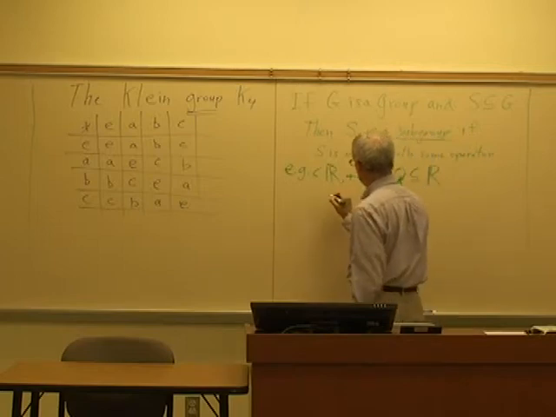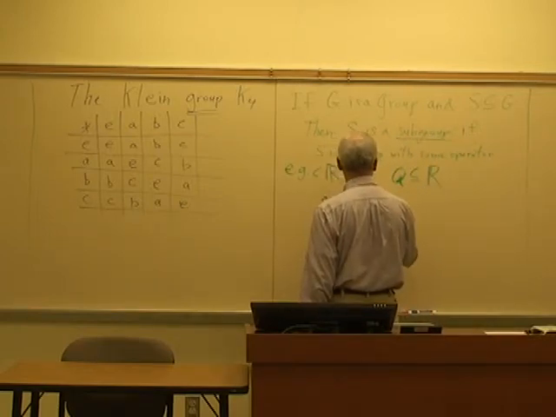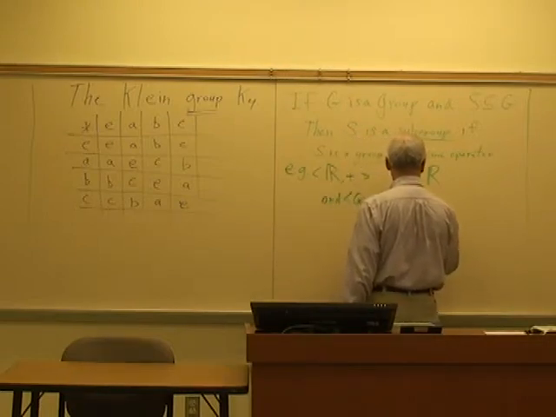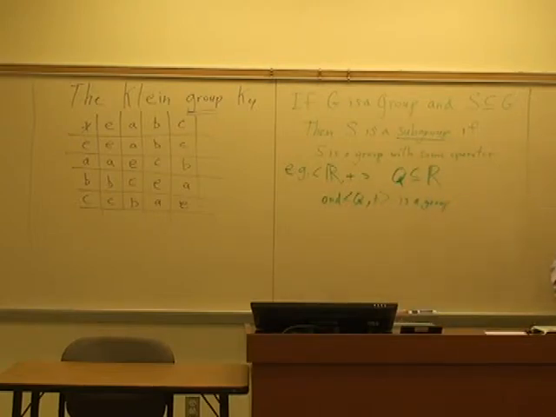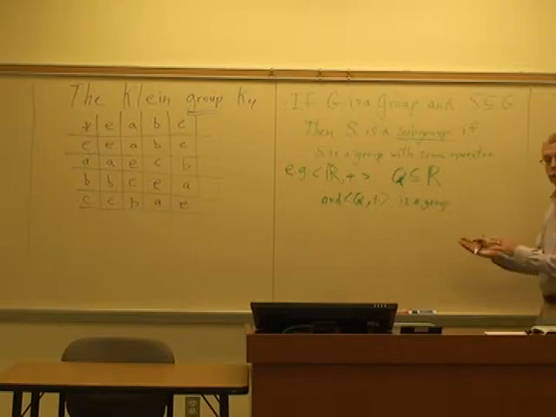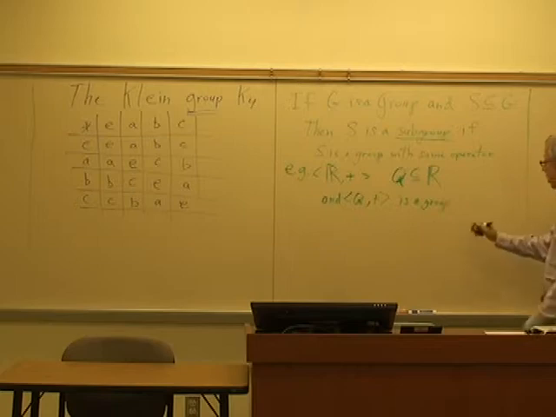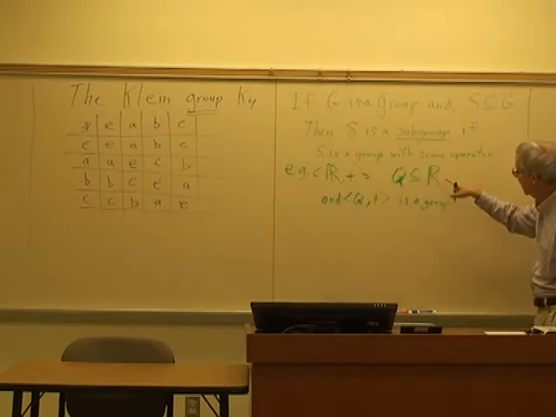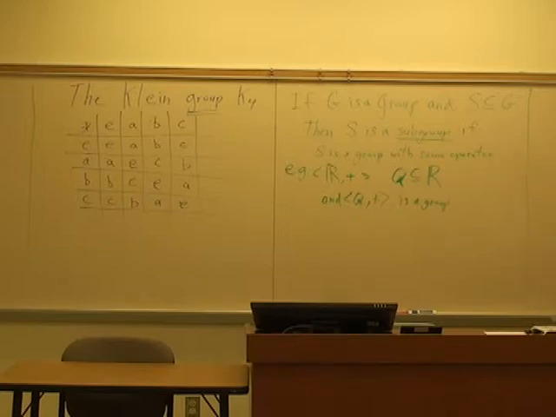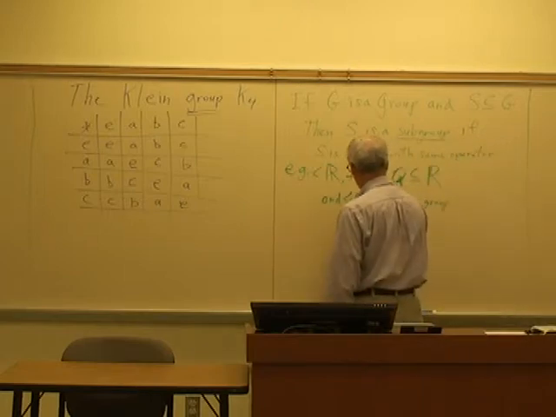And the rational numbers with the same definition of plus is a group, right? We showed that too. If I add two rational numbers, I get a rational number. 0 is a rational number, and the additive inverse of a rational number is a rational number. So by the definition here, since the rationals are a subset of the real numbers and they're a group with the same operation, Q is actually a subgroup